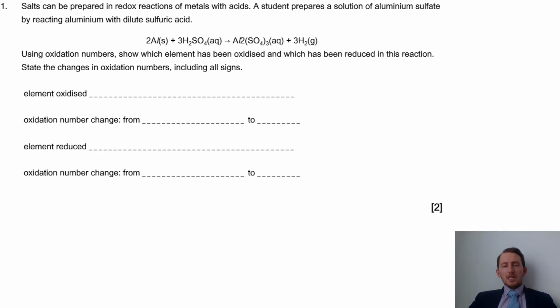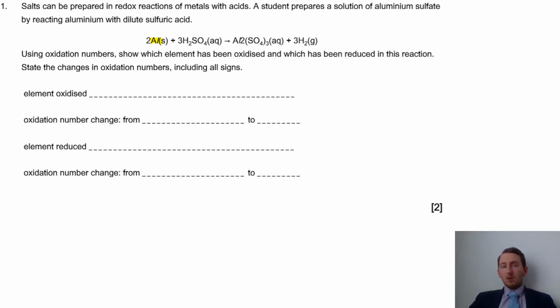Now this first question is asking us to use the equation, identify which elements have been oxidized, which have been reduced, and to write down where they started and where they ended up in terms of the oxidation number. Now if we start with aluminium on this left hand side, that is an uncombined element, which has an oxidation